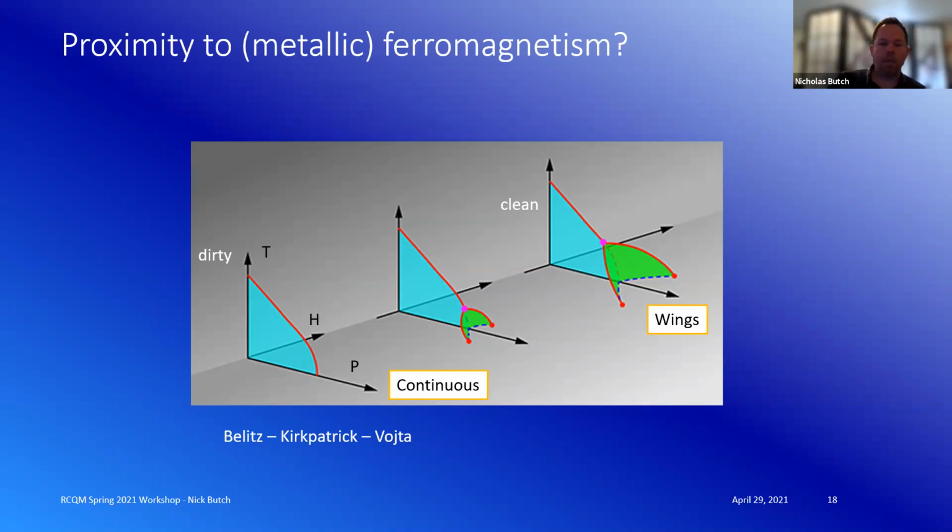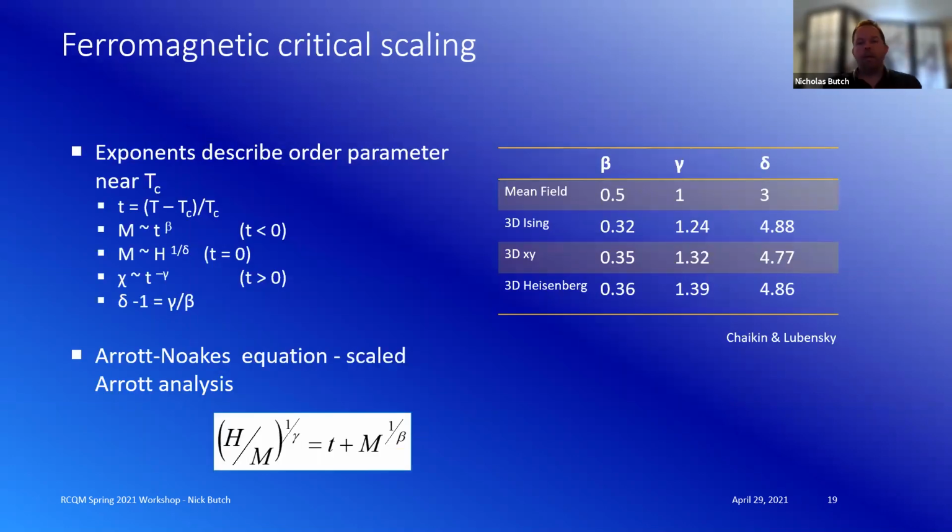And this has been seen in many materials now. It's fairly well established. But in order to try to do something with this, we want to analyze the magnetization data that we've got, and then make some statement about critical exponents, even though we don't have order. So the idea would be, let's see if we can say something about a material that looks like maybe it tries to order at 0 temperature.